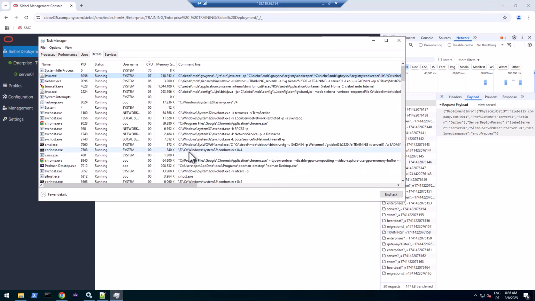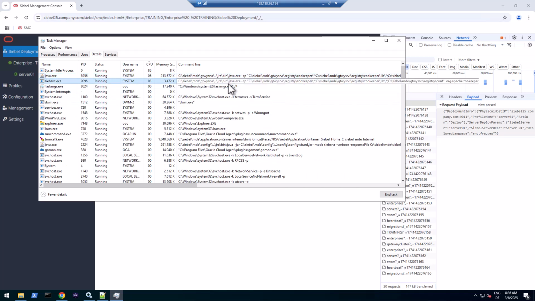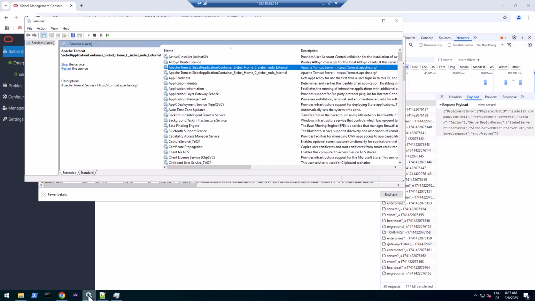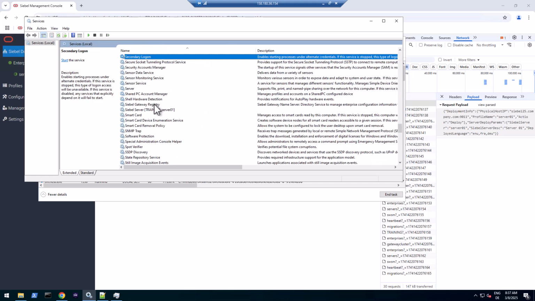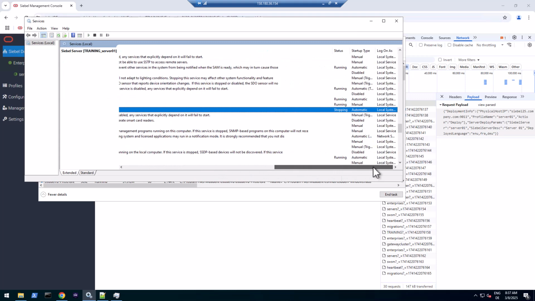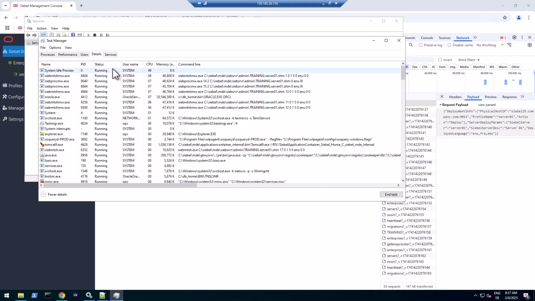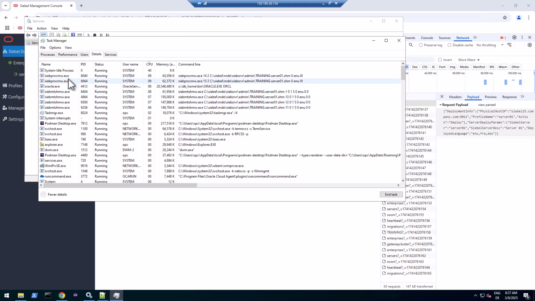Let's check Task Manager. Still creating that service. Oh, there's the service. There's the Siebel server starting up, freshly born, if you will. And if you refresh the services on Windows, you should see the Siebel server set up as a service. And it's currently stopping. Don't worry, it's starting and stopping, and will start up again. So here we can see the components starting up. That's Siebel Web Tools and the system components